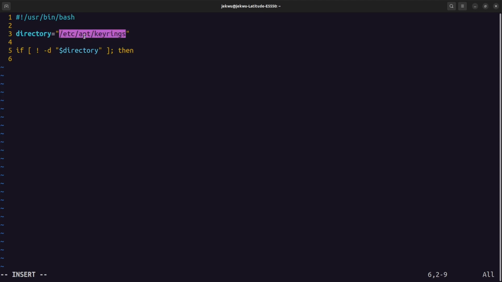Now since this directory is in apt, it has an elevated user ownership. It's owned by root, so you cannot just create it with normal make directory. You have to use sudo. So we say sudo